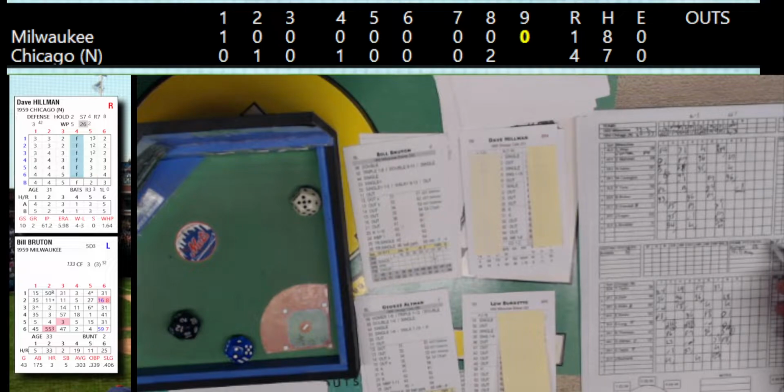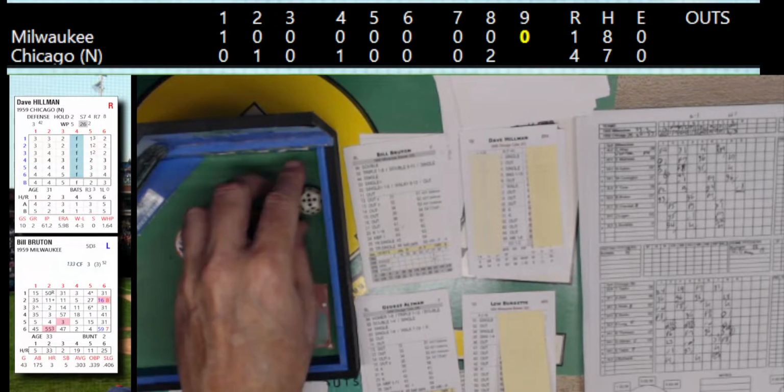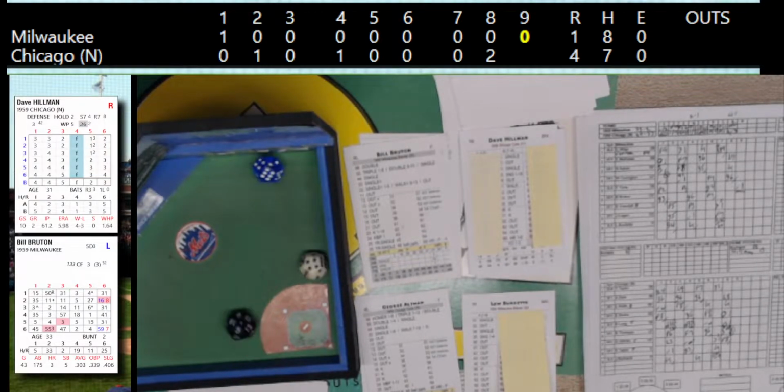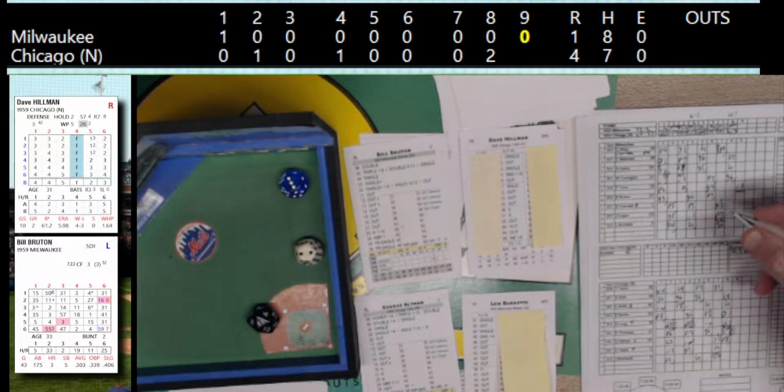He's got a 5.98 ERA, 4-3 record, and 61 innings pitched. Got his B stuff today. Here's the pitch to Bruton. That's going to be a 32, and that is a nubber. Sammy Taylor over to first, and moving to second is Tori.